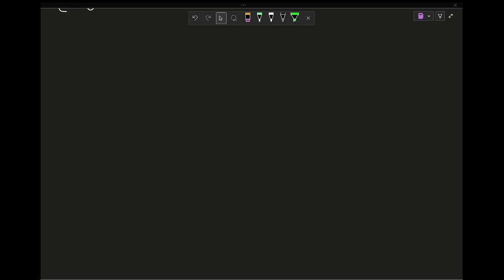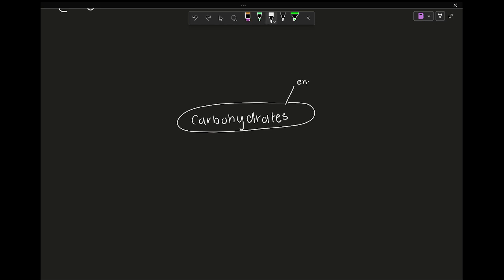Okay, so we're going to be talking about carbohydrates in this topic. Carbohydrates, what gives us amazing energy after we eat and stuff. We can get through the day because of this. Carbohydrates are usually C, H, and O, so carbon, hydrogen, and oxygen. It's usually for energy storage